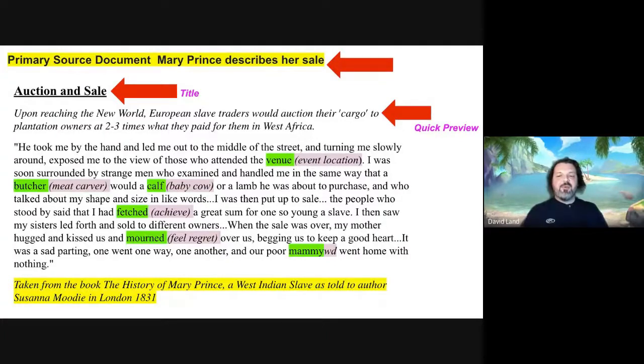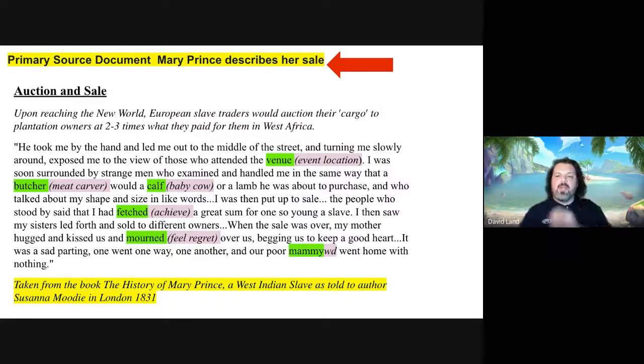Welcome back to our reading practice series with Mr. Land. Mr. Land is about to help you analyze what is a primary source document and how to read for clues to understand it. Shall we begin? Let's. At the top, you see that we have highlighted primary source document, meaning that this is a piece of